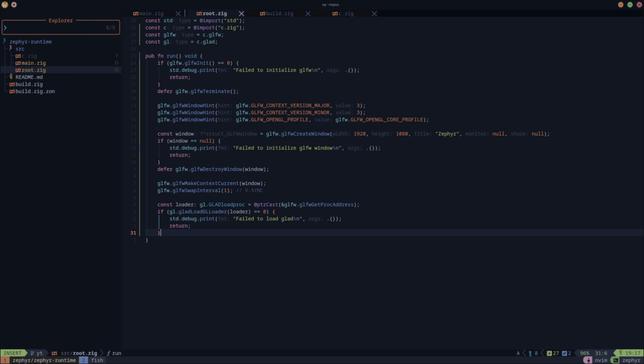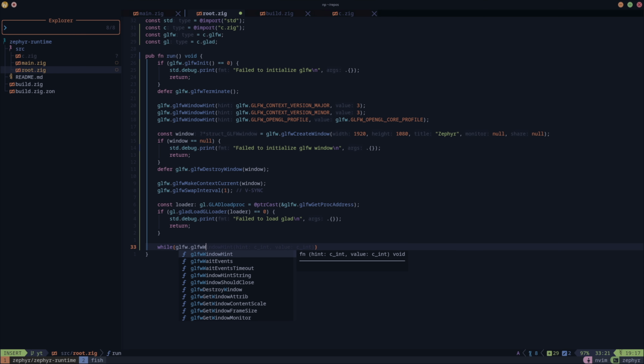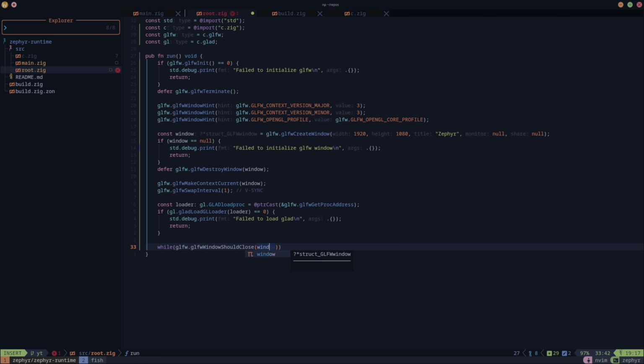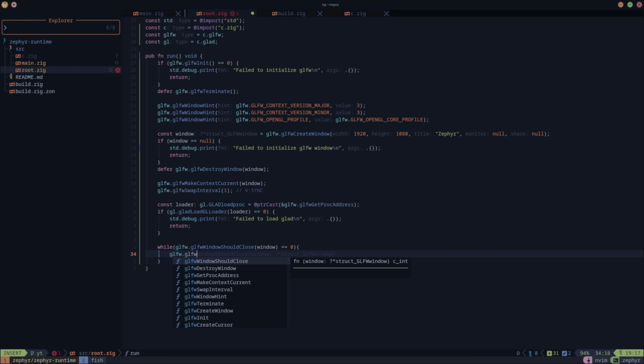We will just get our main run loop. So let's just do that. So while GLFW window should close, window, well, that equals 0. So while it should not close, well, we should stay open. We'll poll events,